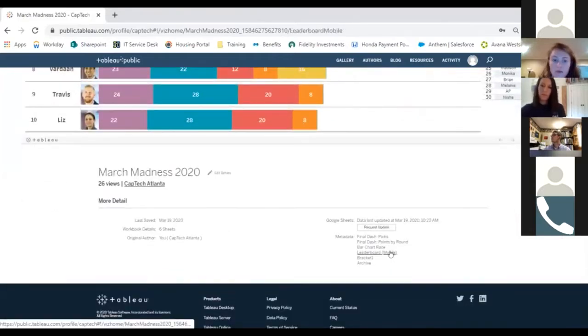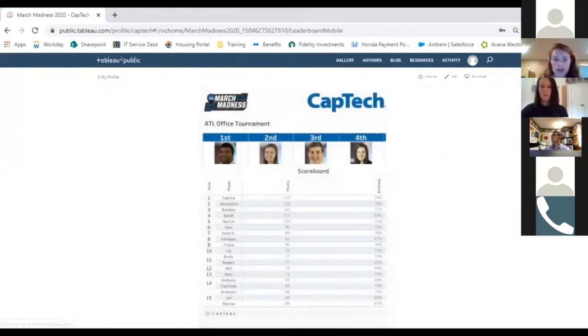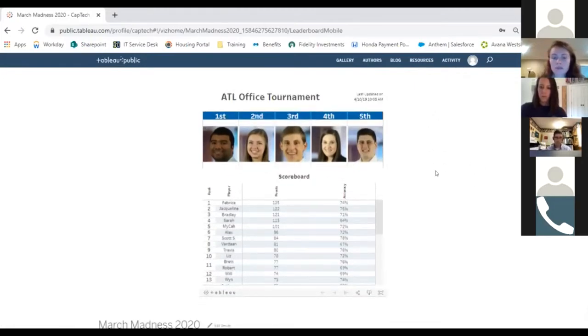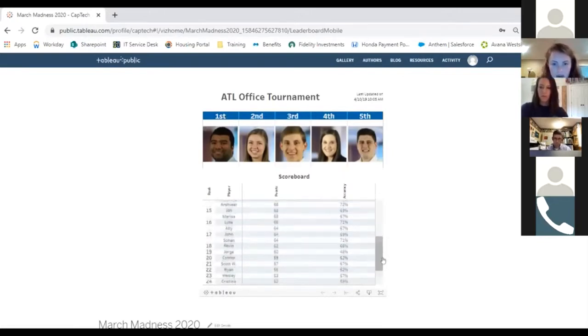And then the last one that I'm going to show is our mobile dashboard. So we knew that some people in our office would want to just be able to pull up the dashboard on their phone and look at it really quickly. Where do they stand in relation to everyone else in the office? So we used Tableau's different device layouts to build it. I think this one was fit around the iPhone 8. It was much more simple, but we just wanted to highlight the most important things that people would want to look at on their phone.